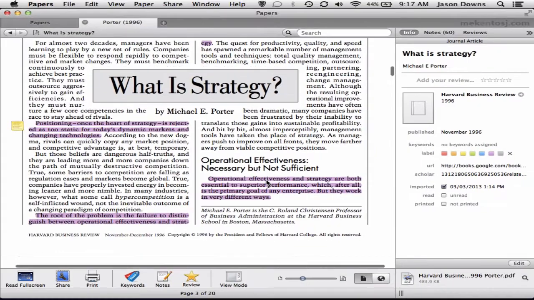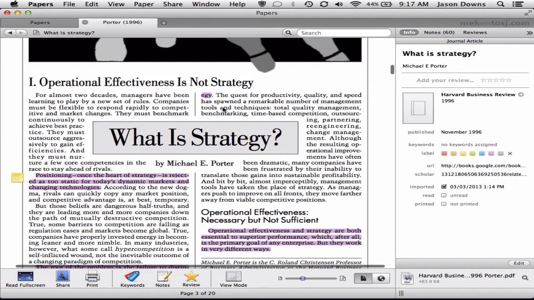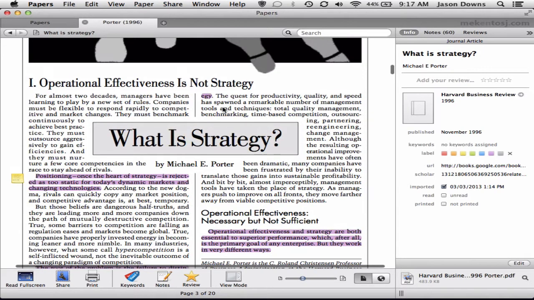So, what's my strategy? First up, look at the paper, look at it overall, and try and get a sense of what's inside the paper as quickly as possible. So I look for things like headings, because that gives me a clue as to what's going to be in the next section of the paper. So already I know that Porter's positioning himself to sort of say, well, being efficient is really important, but that's